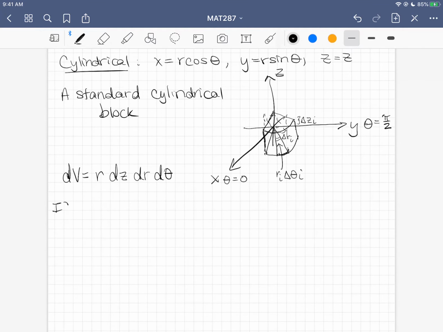So if Q was my solid region defined by the set of points x, y, z with x, y in some region D in the plane, and then z bounded by functions u1 and u2 of x and y,